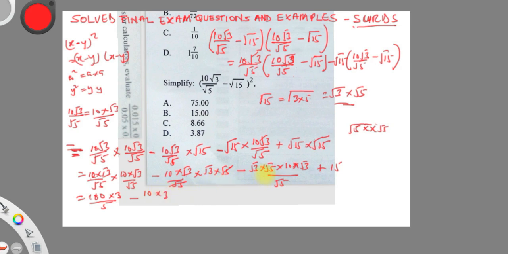Okay. Yes, we come to these terms. Here too, you can do cancellation. So the square root of 5 will cancel the square root of 5. Okay. So we have what? Minus what? We have minus the square root of